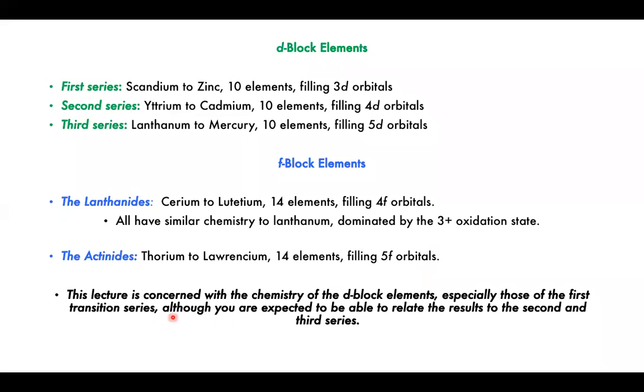As it says here, this lecture is concerned with the chemistry of D block elements, especially those of the first transition series. So typically just the first row, apart from the platinum group, which we'll probably encounter in organometallic chemistry. The second and third rows typically have somewhat